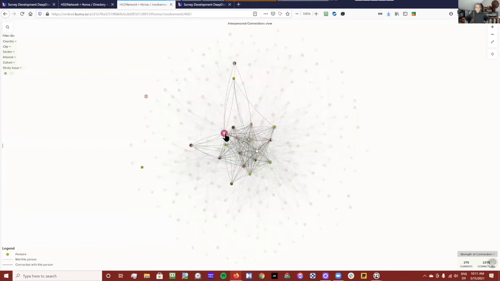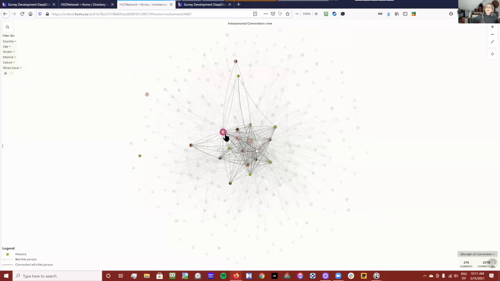The thing I'm always running into is people will say things like, oh, we don't need a map. We know who our network is. Or they'll have a map and then they'll say, well, what do we do with it? What is it going to do for me? As if the whole purpose of the map is for us to just keep networking and keep growing our ecosystem or our ego networks bigger and bigger.